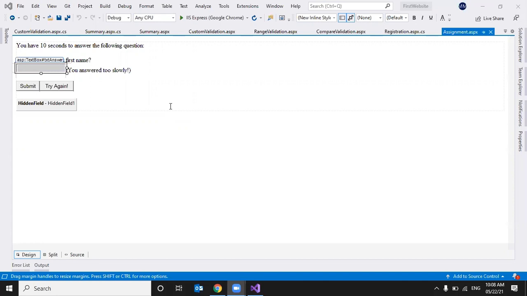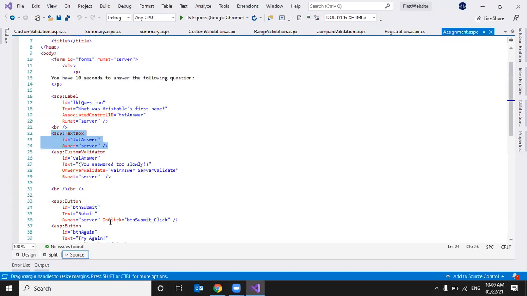If it is less than 10 seconds, you can display that your answer is correct and you answered within the stipulated time. If you take more than 10 seconds, you can display that you answered too slowly. So this is an assignment for you guys. Just use custom validator and a server-side method, then write that code. Okay.